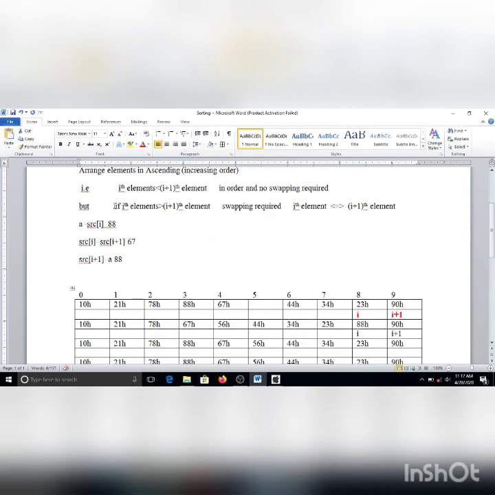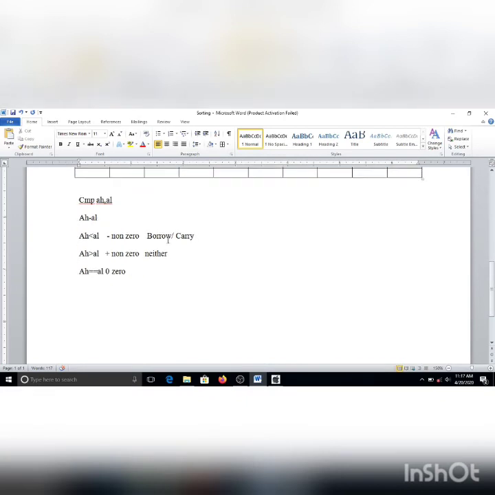If we get the condition that the first element is greater than the second element, we get a non-zero result and neither flag will be set, and in this case swapping is required. If both are equal, then swapping doesn't make any difference, so in this case I don't need any swapping. So only in this condition do we need to do the swapping.